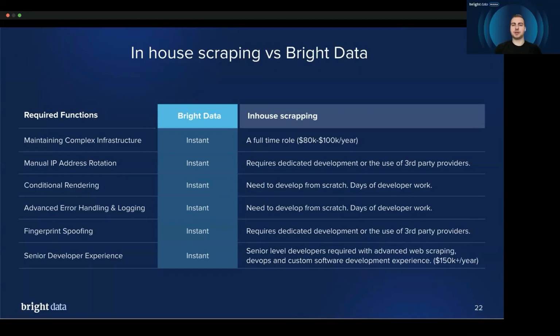Next, manual IP address rotation, something pretty complicated that you don't really want to be dealing with on your own. This requires a dedicated development team or the use of third-party services. Next, conditional rendering. We need to develop this from scratch. That'd be days of work for a developer, plus advanced error handling, logging, etc. And then we move on to things like fingerprint spoofing and senior development experience, which I think is the most significant on this list. So doing web scraping, as you've seen here, if you don't have access to these tools,